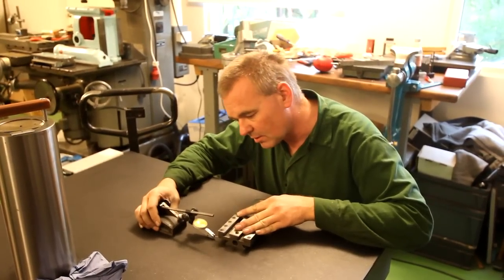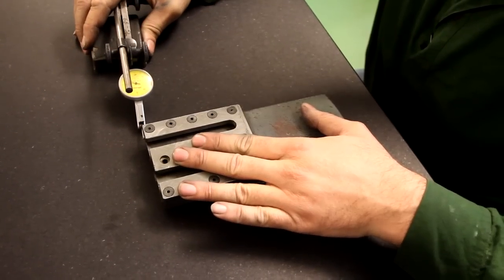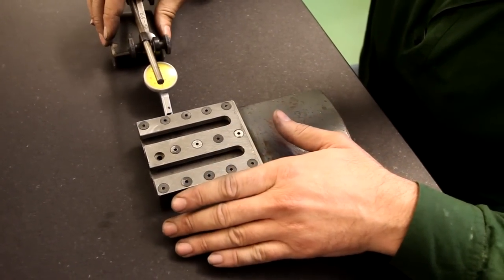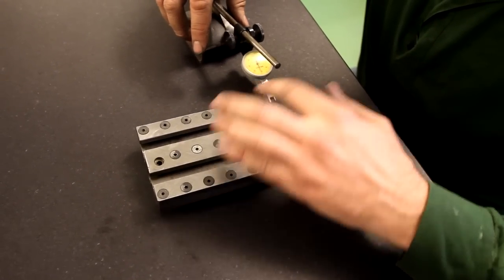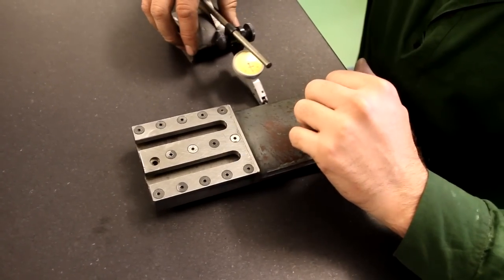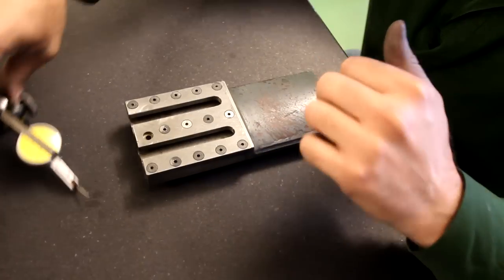underneath the scraped side. I've set this so the needle should be at 0, and as I slide this, the needle bounces around, but it's still around 0, and it has some surface irregularities, which it's supposed to have. Now if I take this and go over to the other side, you'll see that